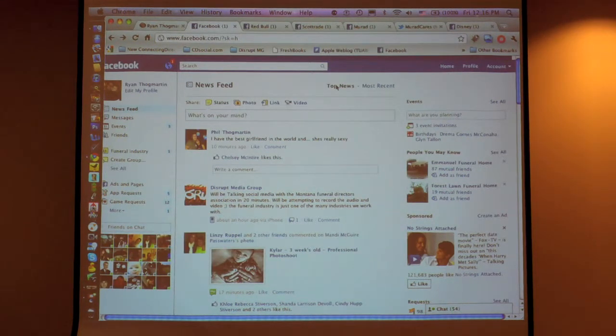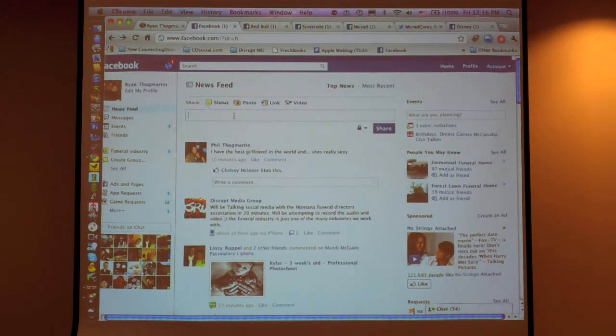So you can see things that maybe you missed in your newsfeed because the newsfeed is continually updating. There's things you might miss. Top news a lot of times has stuff that you won't see in the most recent tab of your newsfeed. At the top, you can see your status update, what's on your mind, type it in, hit share, it immediately